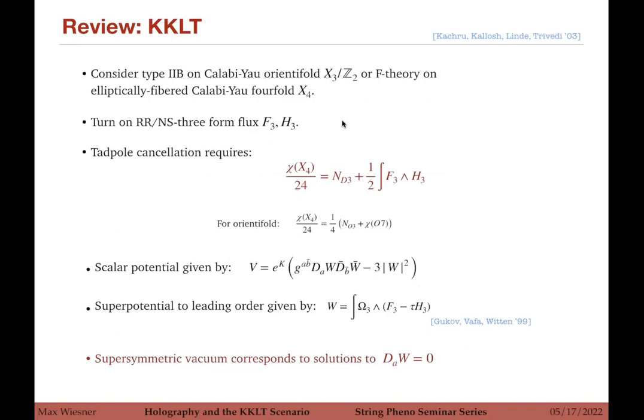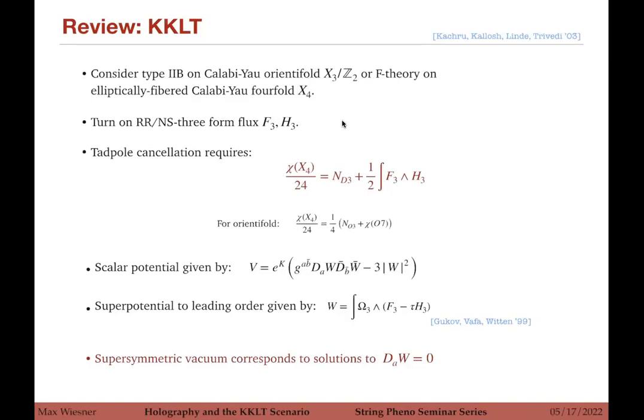And we turn on RR or NS three-form fluxes, F3 or H3, or a KKLT four-form flux, that satisfy the tadpole cancellation, which essentially means that the curvature induced by the three-brane tadpole induced by orientifold planes is cancelled either by the three-branes or by the flux. We will be mostly interested in the case where we don't have additional D3 branes, but we cancel the tadpole purely through the flux. Then we get a scalar potential, essentially from the fluxes and from non-perturbative corrections, which is,